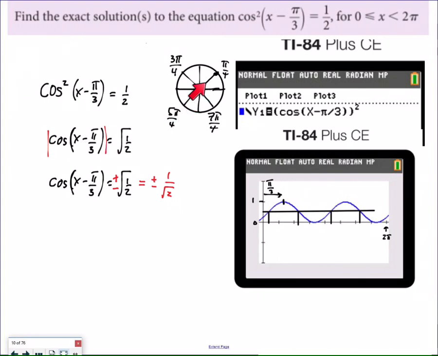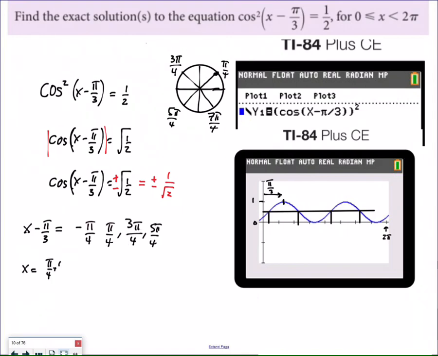Based on my knowledge of the circle, pi over 4 and 7 pi over 4 give me positive cosine ratios, and 3 pi over 4 and 5 pi over 4 give me the negative cosine ratios. So all of the pi over 4 odd multiples end up being the solution to x minus pi over 3. So I write